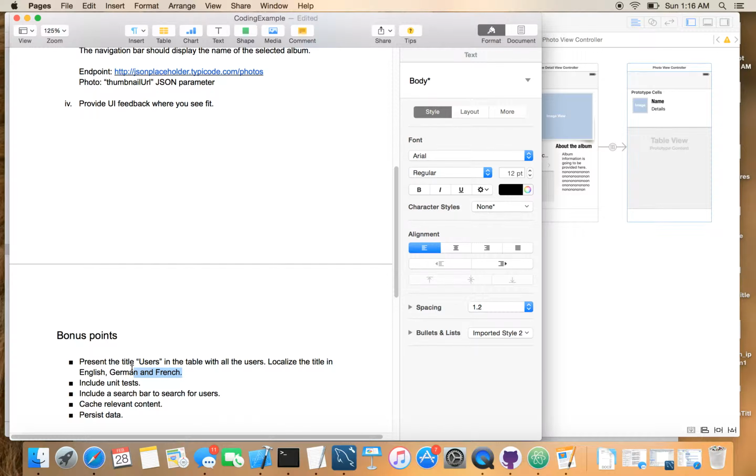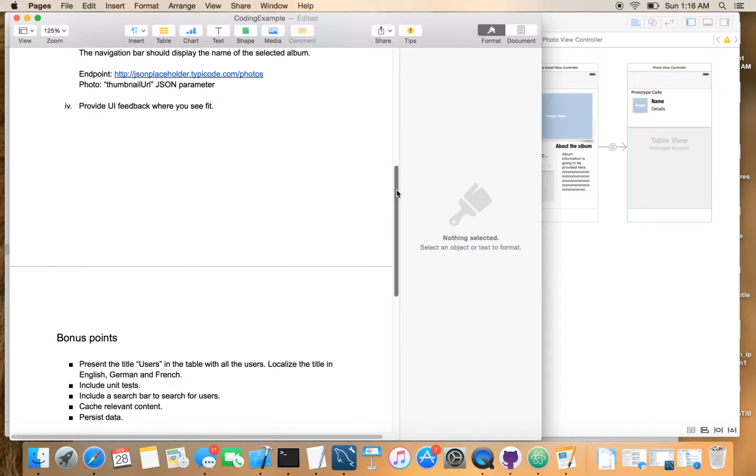Present the Germany, French users in the table. Include the search bar for users, that is there as well. Cache content treatment is there as well, and persist data. So basically,